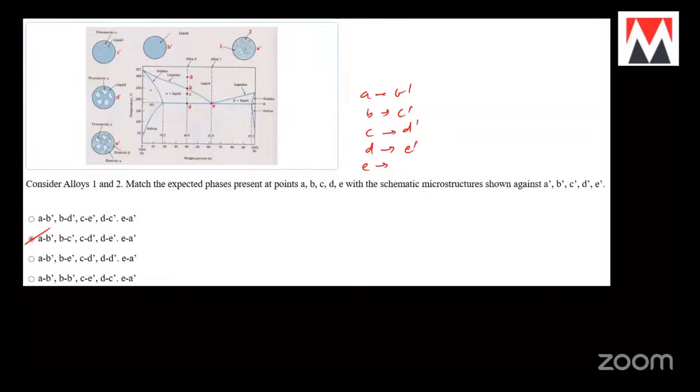No, eutectic phase, right? Sorry, not eutectic. What do you call? This is completely pearlite structure. A whole austenite is being converted into pearlite. So your 100% pearlite will be lamellar structure, which is A dash.